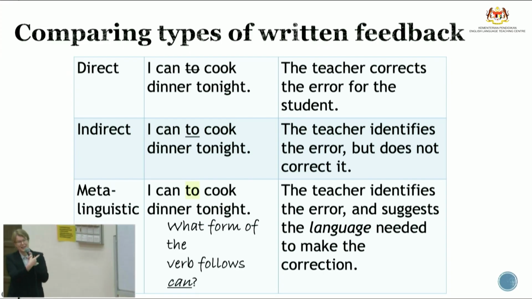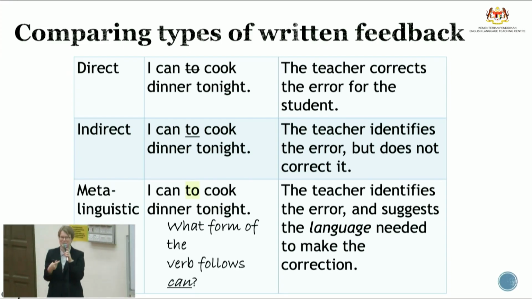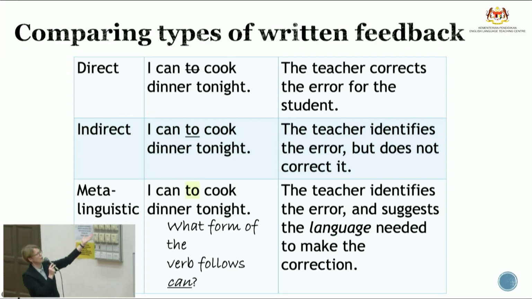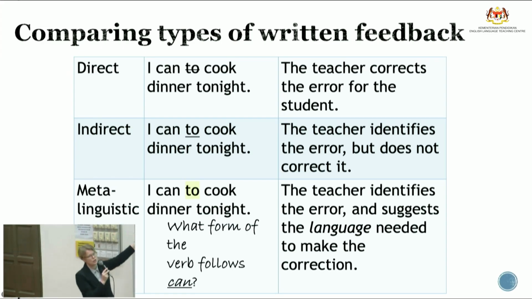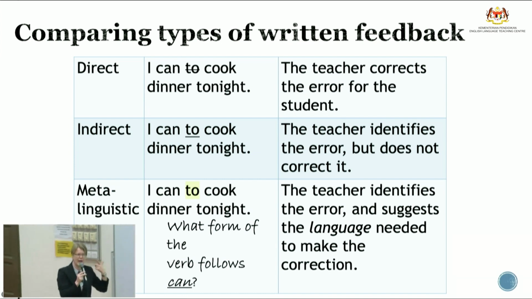The way it's done here looks really time-consuming, right? Because you're adding more comments. So you're highlighting "to," and then you're writing a sentence. So you're writing what form of the verb follows "can." You don't say, "I can to cook," right? We don't need the "to." You can say, "I can cook." Okay. So the question, though, prompts the consideration of the rule that they need to know to produce the accurate